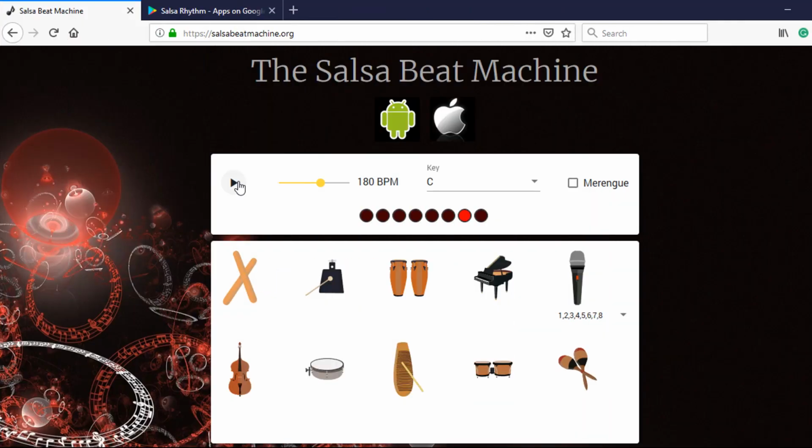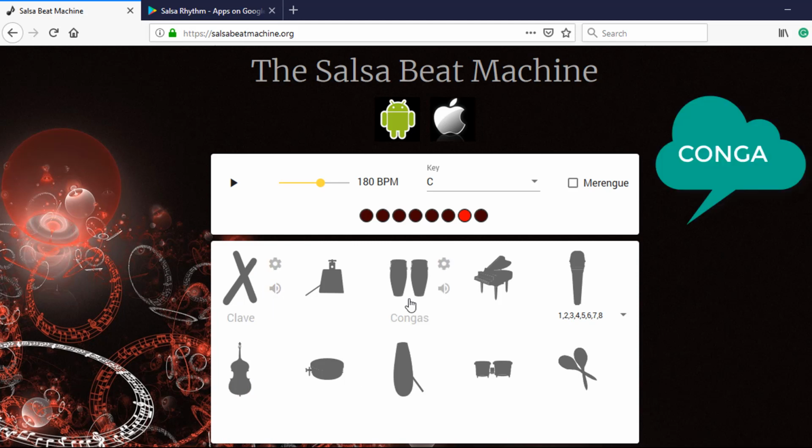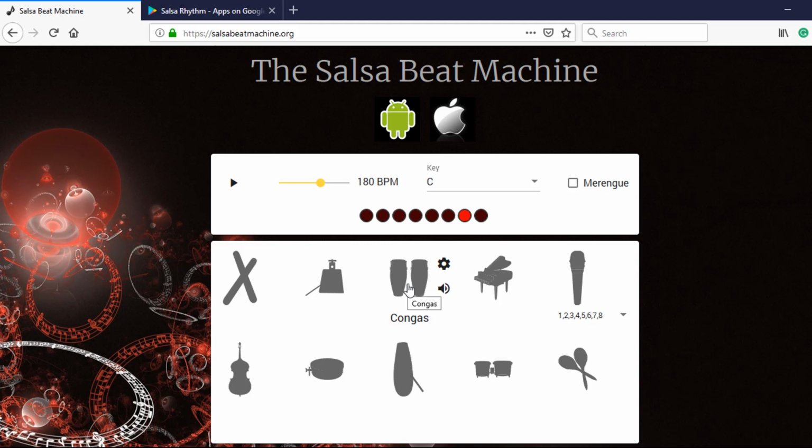What I'm going to do is, again, deselect all of the different instruments, deselect the microphone for the count. The heart of the salsa band is the conga, or the congas as is written here. And the conga pattern is what's known as the tumbao. If I go ahead and push play,